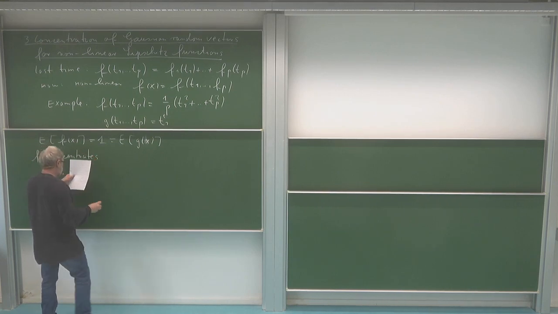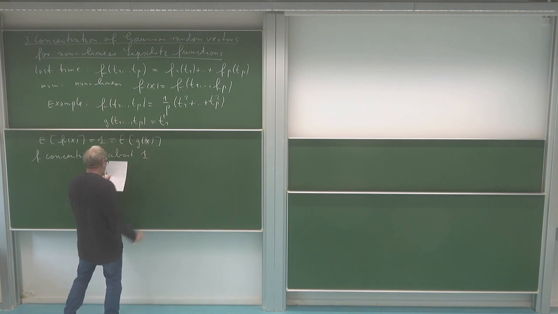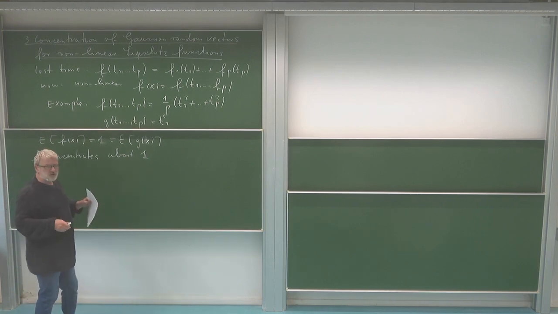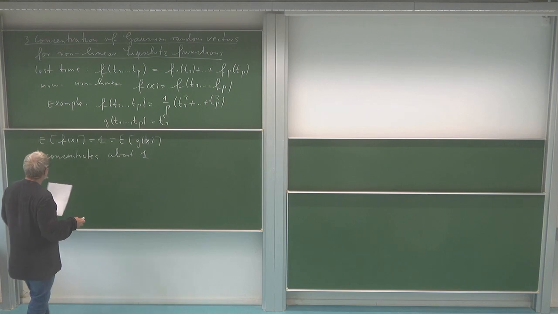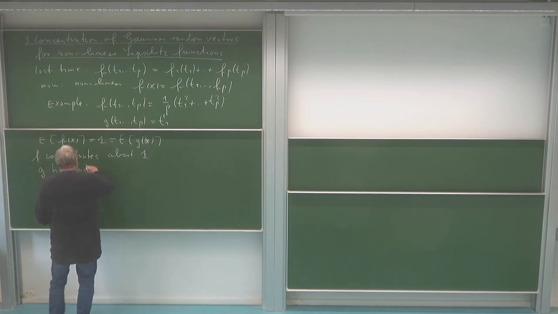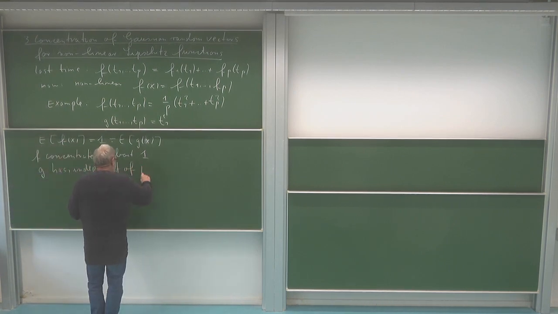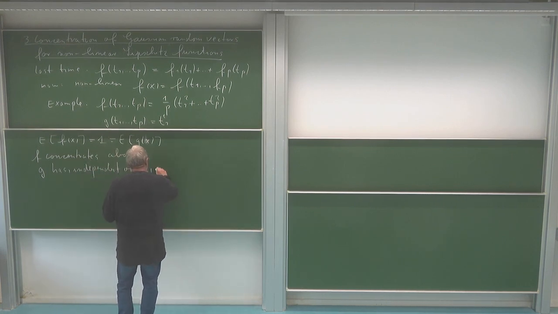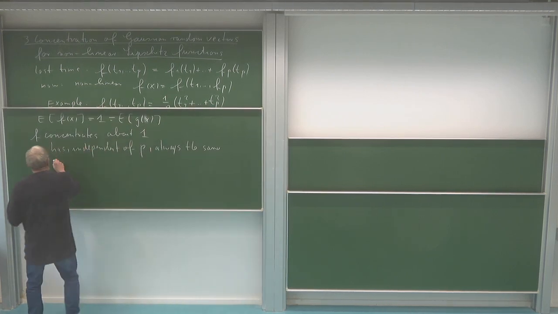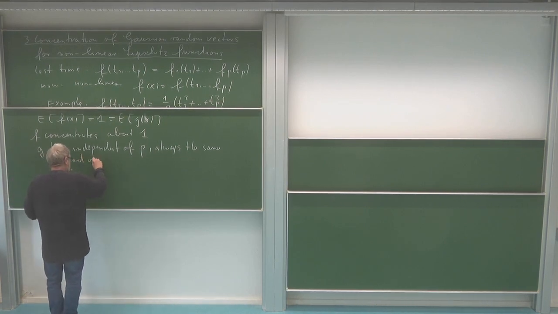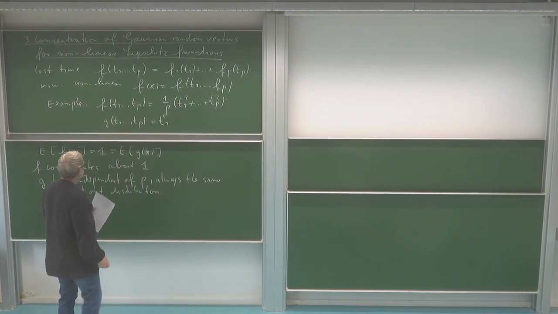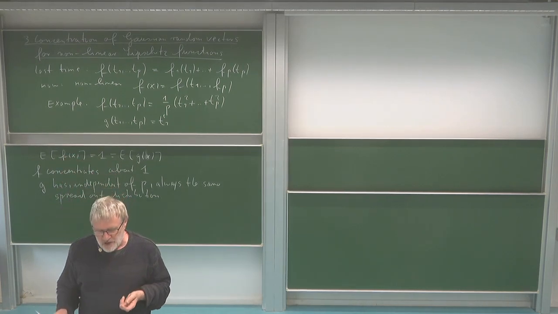F concentrates about 1 for large p, but g has always the same distribution, which is spread out and which does not concentrate for p. I mean, it doesn't really depend on p. So g has a distribution independent of p, always the same, spread out. Okay, it's good. So we have to make a bit precise what we mean with